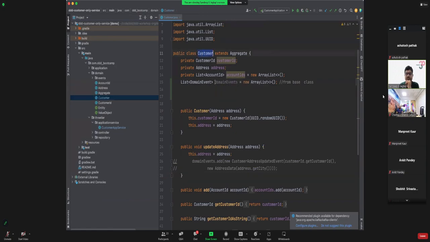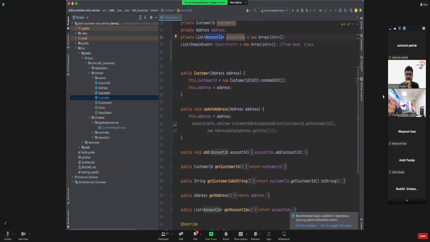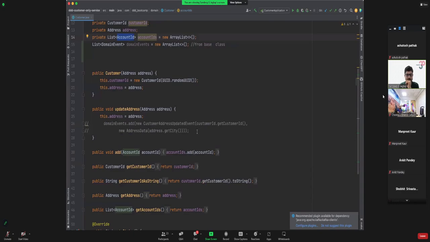So you see how customer class has changed now. It is now not dealing with account class because there isn't an account class. It's dealing with just account IDs. It needs to still know which are the account IDs I am concerned about. If you see the update address method, the way it would change is that the code which we had to update account address, that's gone.